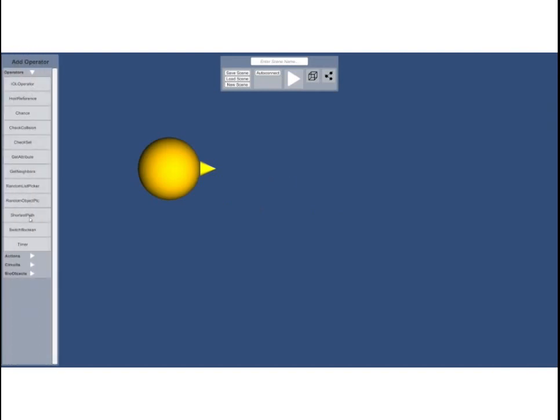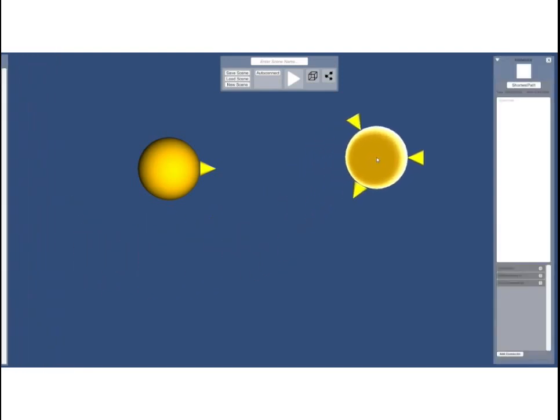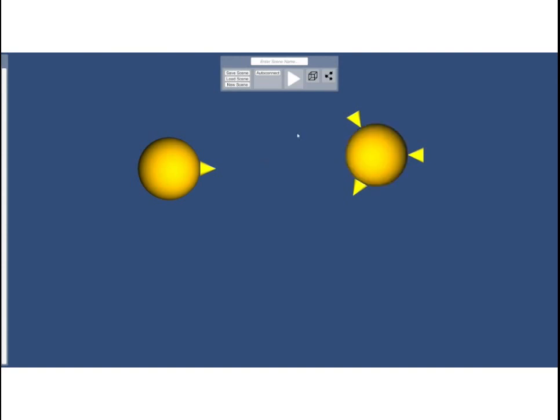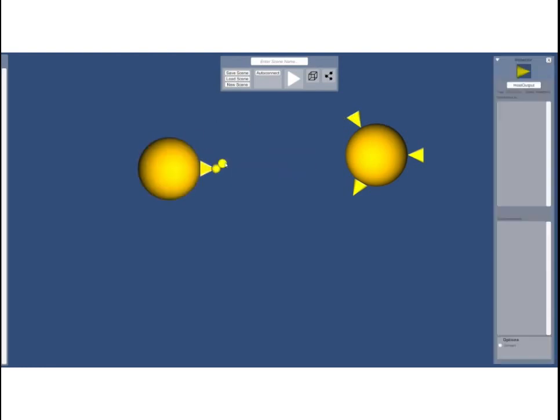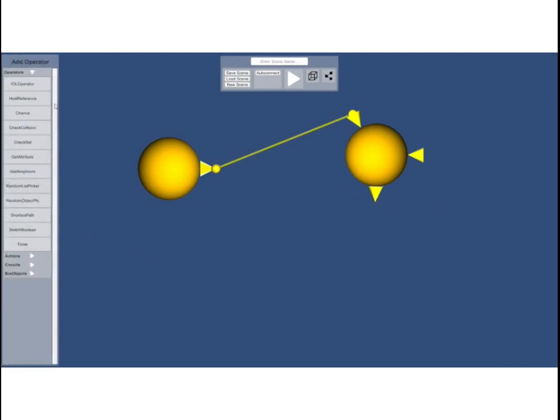We drag and drop another operator named shortest path into the scene. This operator yields the direction from a referenced object hooked up to the upper left and the closest object from a list hooked up to the right. We connect the host reference operator to this very specific shortest path operator, and we drag and drop another operator